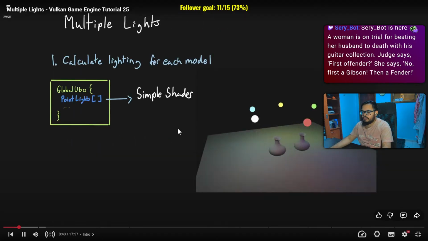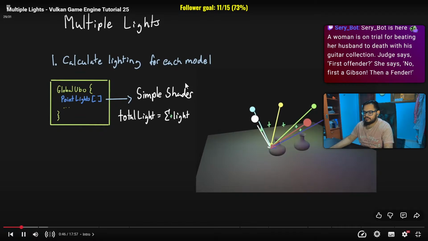In the case of multiple point lights, things will change only slightly. The global UBO struct will now contain an array of nested point light structures. The simple render system will still use the light information from the global UBO to calculate the illumination for each model